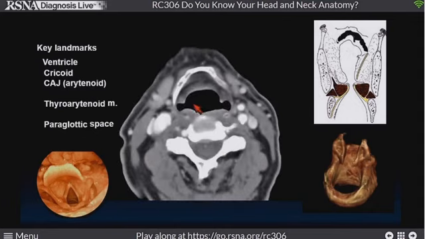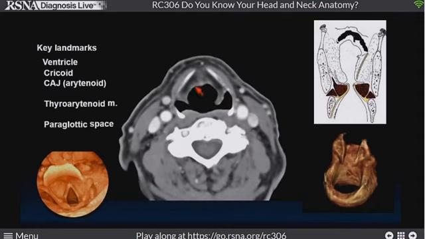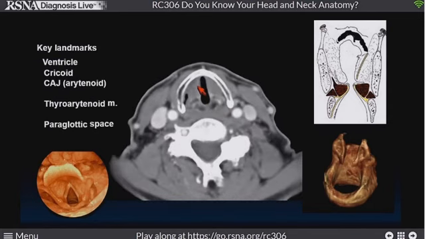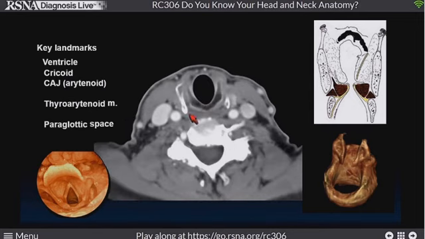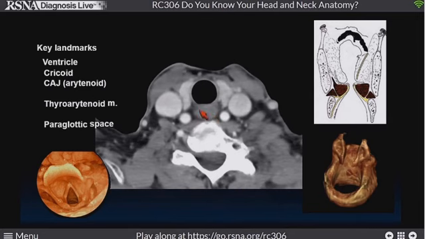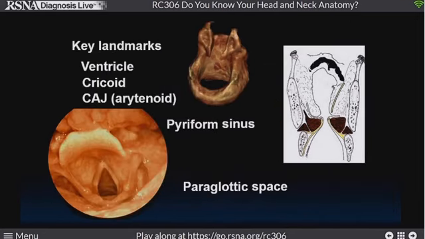So if we start at the top and go down, here you can see the paraglottic space, aryepiglottic folds, here's the ventricular appendix, here's the cricoarytenoid joint with our magical navigator image with the thyroarytenoid muscle, the joint, and the cricoid. Keep going down, you see the pharynx, and here it turns to a round structure when it goes down to the esophagus. So these, I think, are the key landmarks.